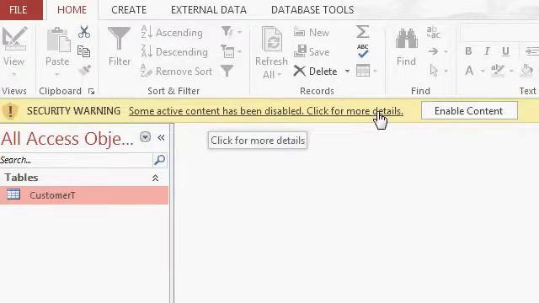Click for more details. You can click on this link to read all the details if you want to. But in a nutshell, Access will disable any potentially harmful stuff that could be in this database if it detects that it's from a source other than you. If you didn't build this database, if you got it off the web, like you just did, or if you get it in an email from someone,